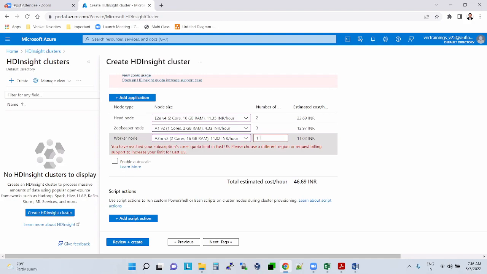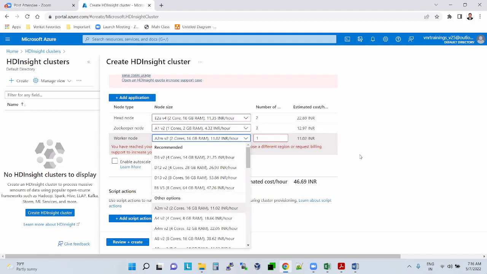But okay, the number of workers, why is it not taking? This is the least VM you have taken.